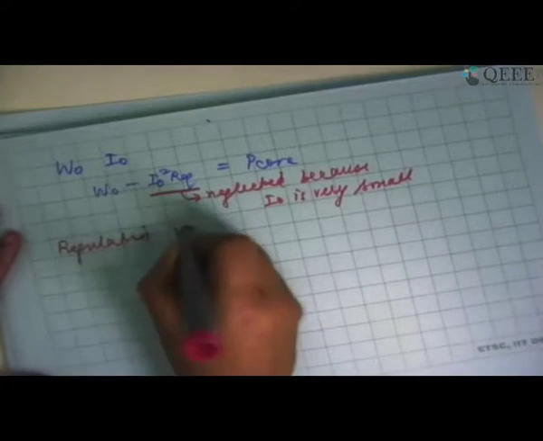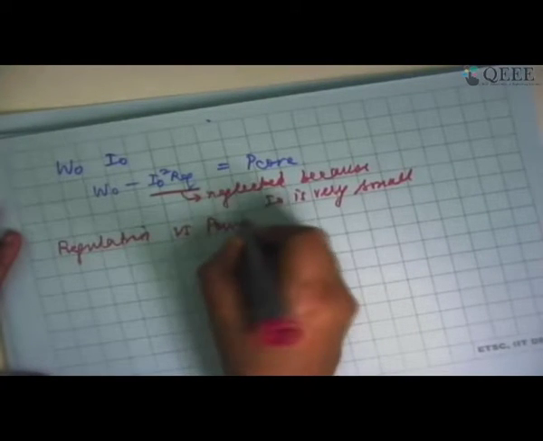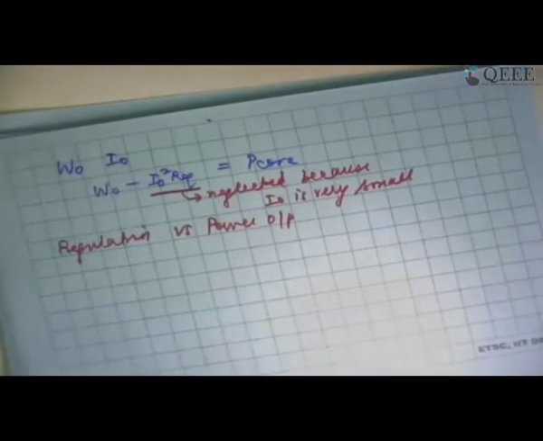Is there any discussion on polarity test? Maybe towards the end, if time permits, we will try to take a look at that. If not, we'll have to skip it. We will first of all maybe complete the regulation versus load graph. So regulation versus power output, that graph we'll try to plot now.